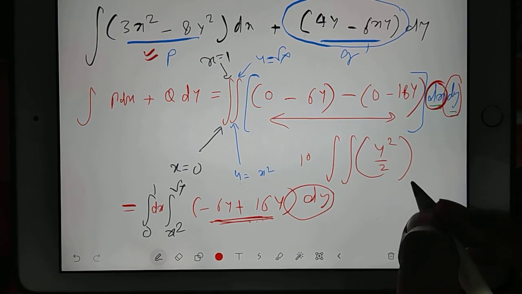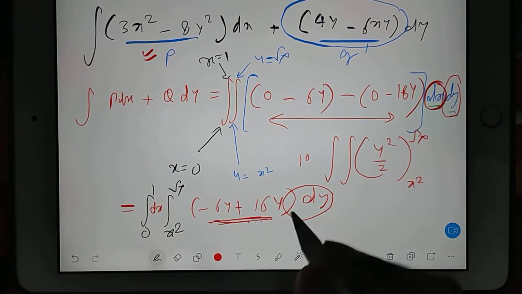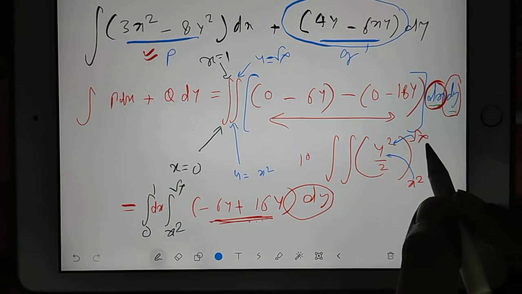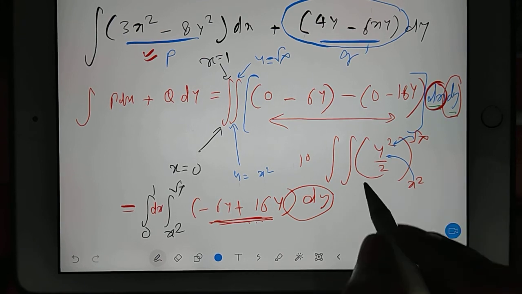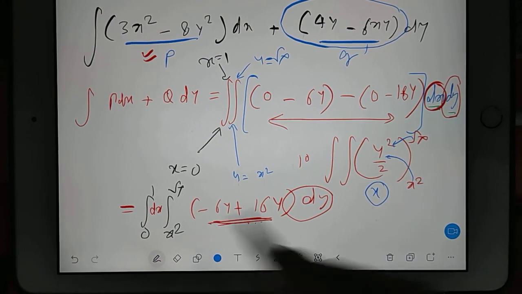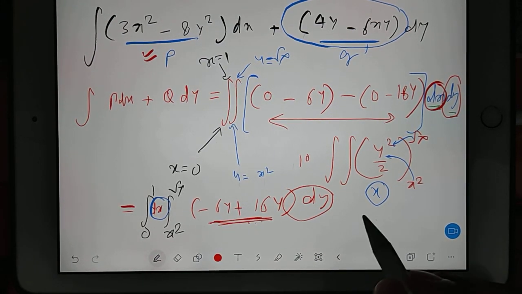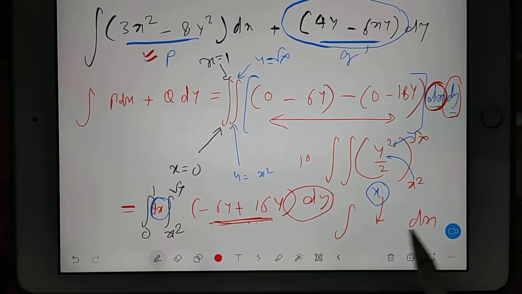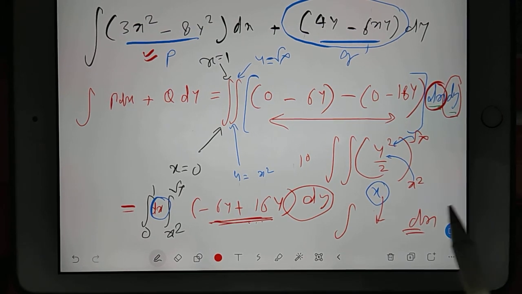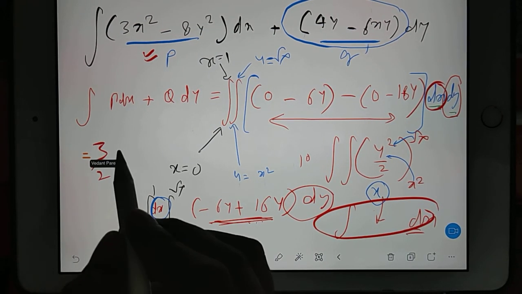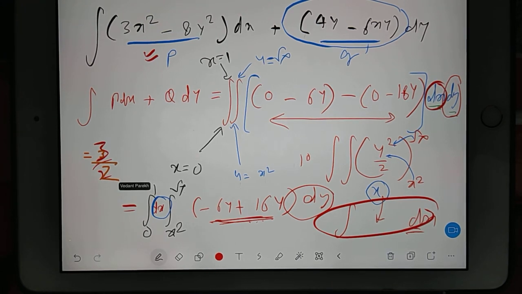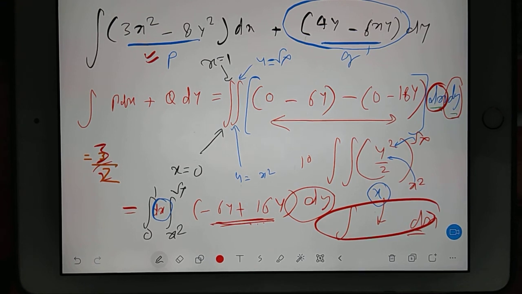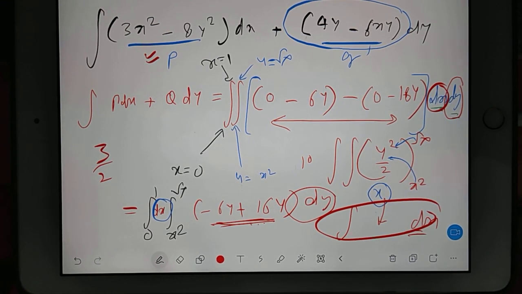Now here you have limit x square to root x. Then substitute this root x here and then x square here. After substituting, you will be getting a function of x inside. Then already dx is here, right? So then you will integrate for dx. Whatever answer will come in terms of x, you will integrate for dx. And the final answer should come as 3 by 2. Very good, Vedant. I hope it's clear.